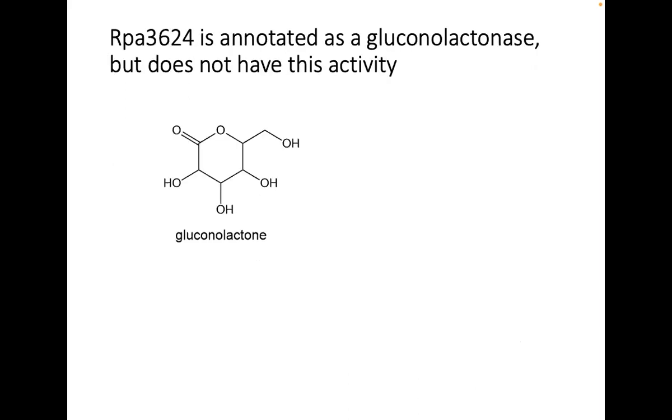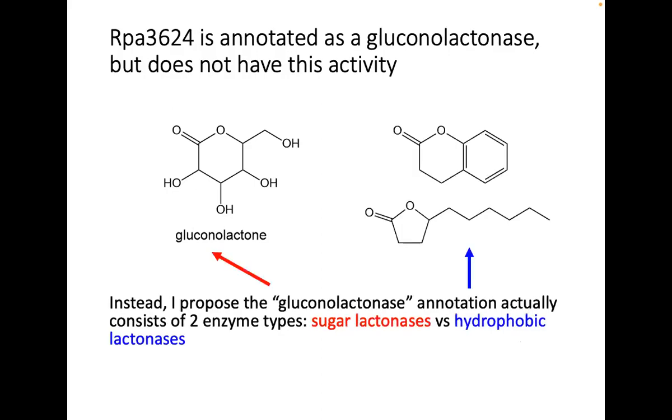So thinking back to my particular enzyme, one thing that intrigued me was it's annotated as a gluconolactonase. That's what NCBI says, which would suggest it has activity on gluconolactone. But I could not detect this activity. I tested it multiple times in different types of assays, but I never saw it. So after digging into this more, I found that it seems like the gluconolactonase annotation is actually describing two different